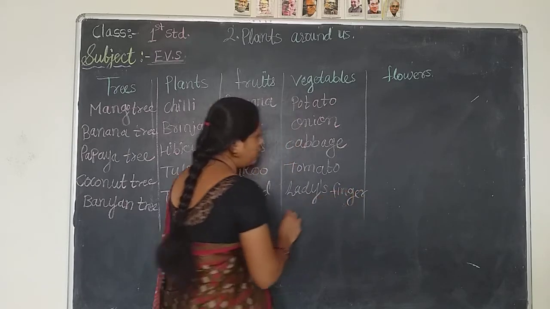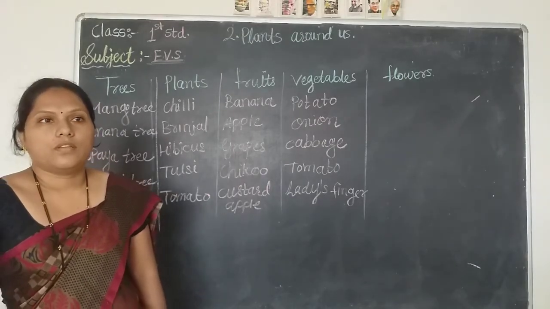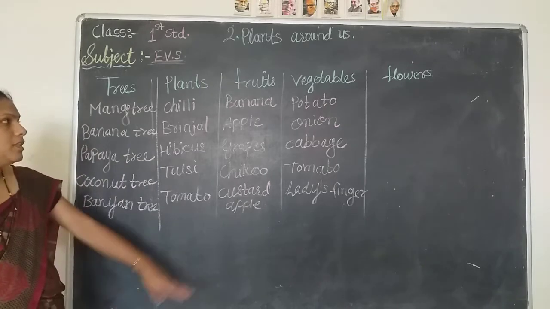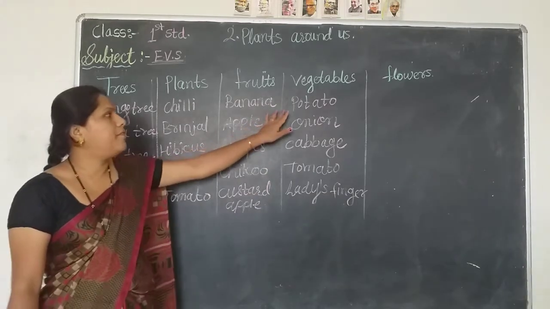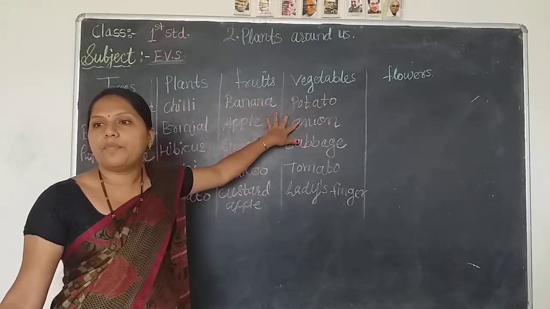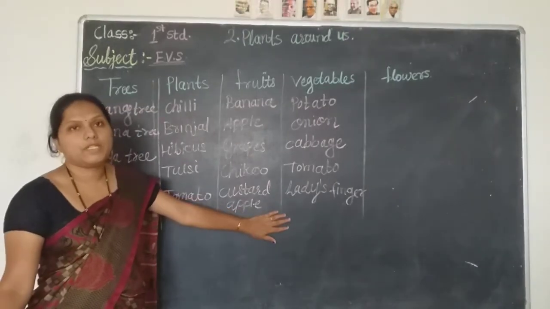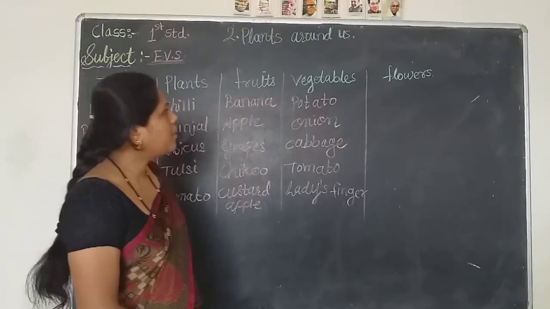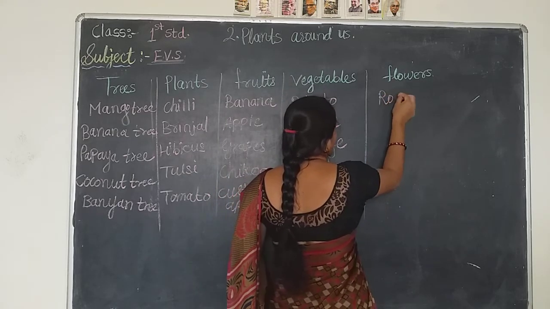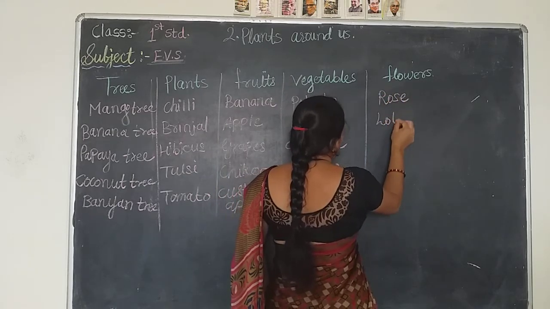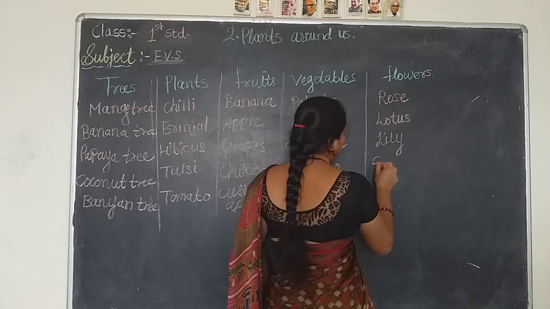You know many other vegetables are also there. Cauliflower, chili, next beans, bitter gourd, pumpkin. All the vegetables come in the vegetable part. Next one, fruits and vegetables both give us proteins, vitamins. Next hemoglobin. All it comes from vegetables and fruits. Next one, the remaining one is flowers. Tell me the different names of flowers. First one, I am writing here, rose, lotus flower. Next one, lily, champa.